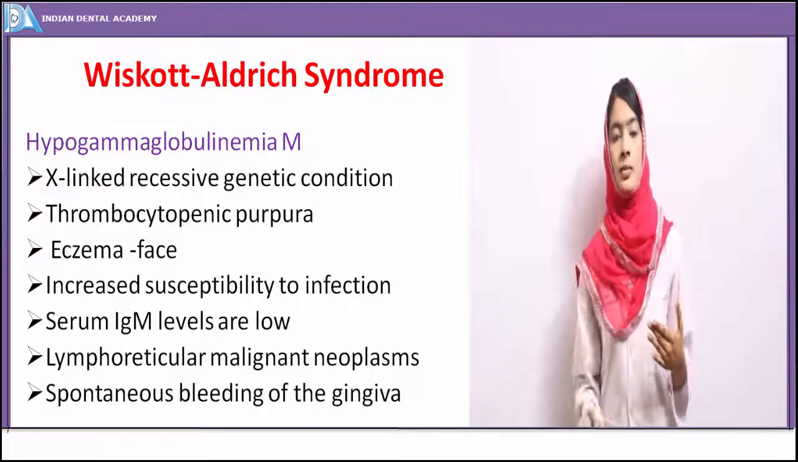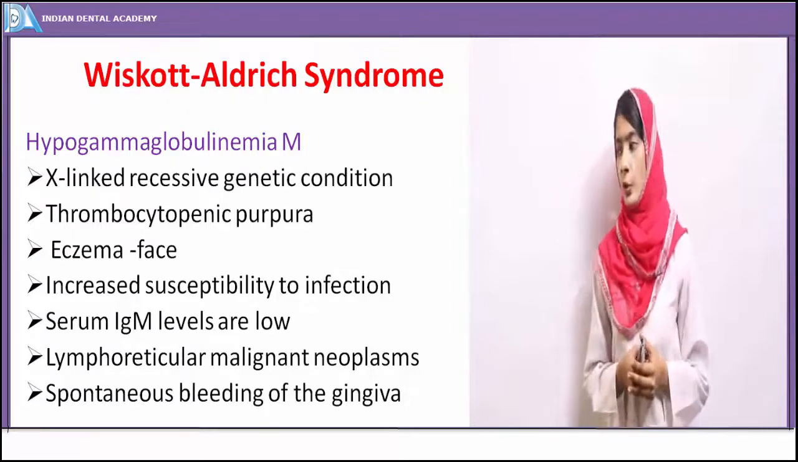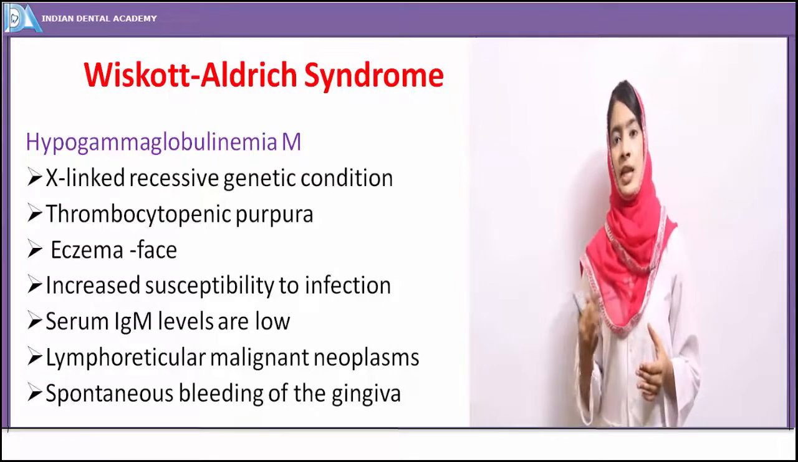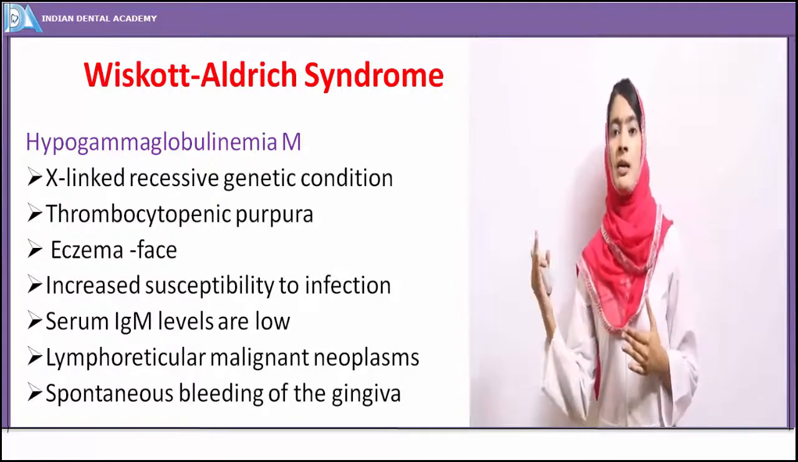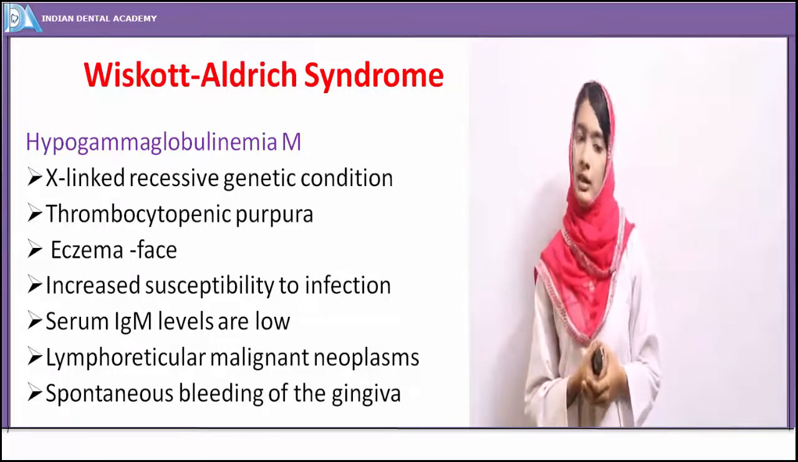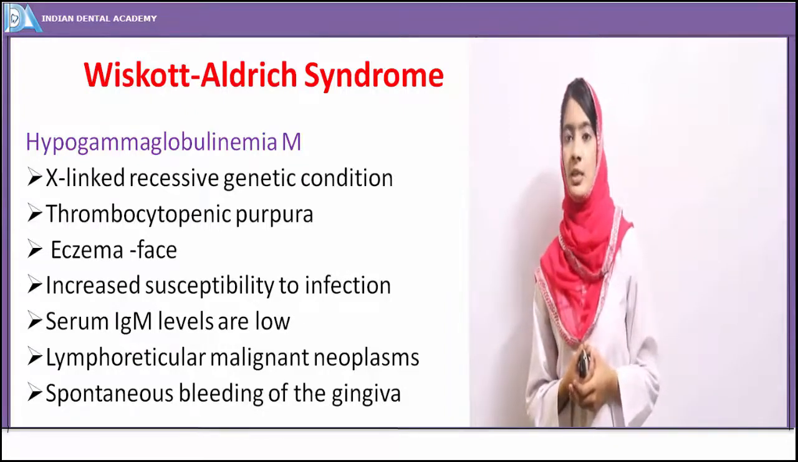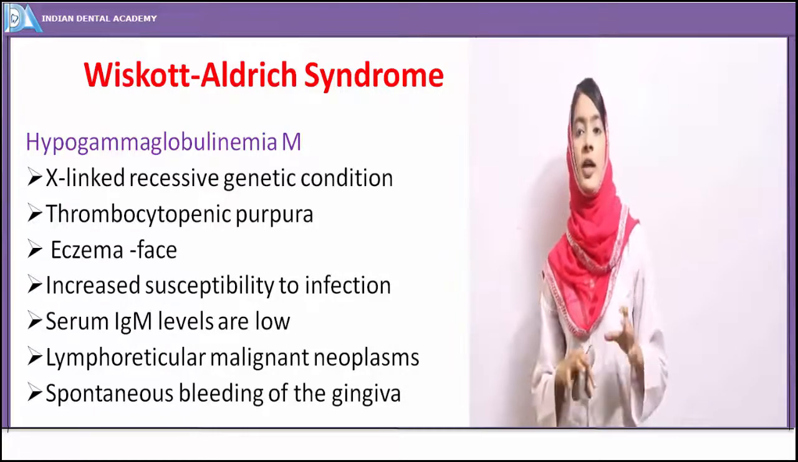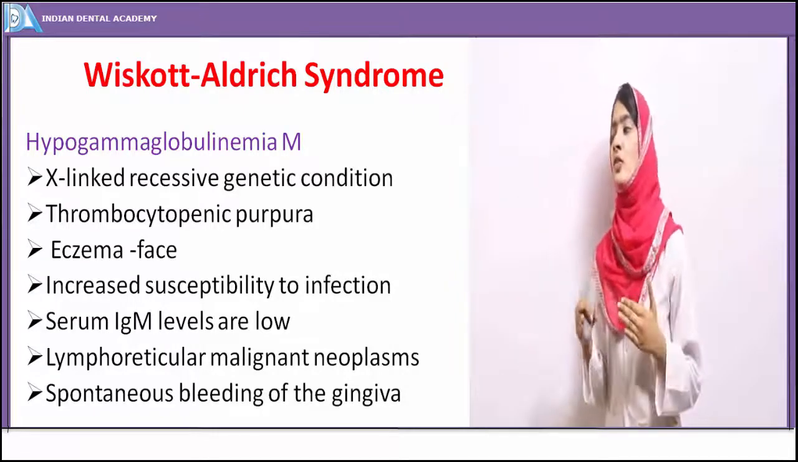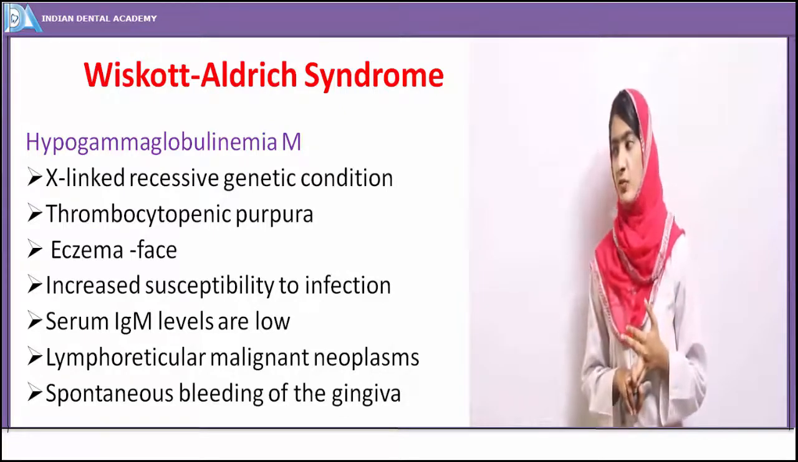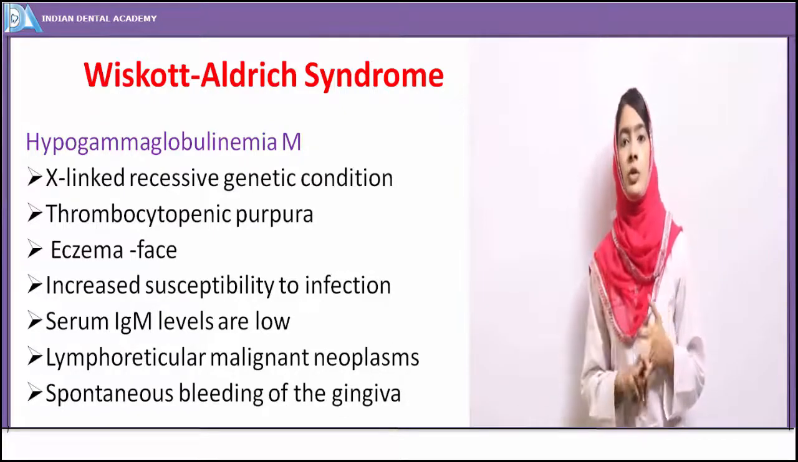And because the serum immunoglobulin IgM levels are low, infections are common. Malignant neoplasms like lymphomas are more common in cases of Wiskott-Aldrich syndrome. And because of reduction in platelets, spontaneous bleeding of the gingiva is seen. So the syndrome occurs when it shows the features of thrombocytopenic purpura along with the presence of lymphomas and immunoglobulin